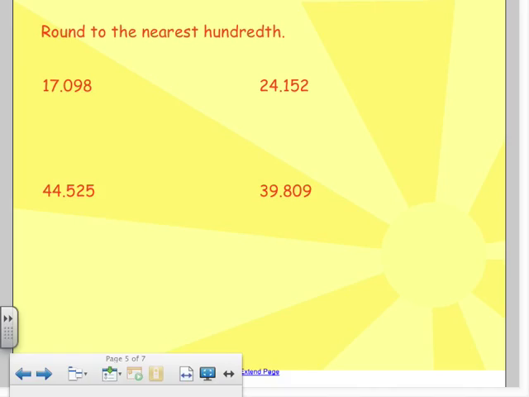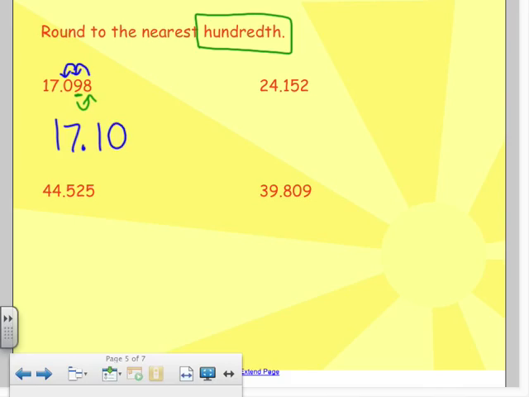Now, as you might guess, we are rounding to the nearest hundredth. So hundredth, remember it goes tenth, hundredth, so that's the second spot after the decimal. And now I'm going to look to the right again at the thousandths place. So that 8 is going to round my number up. Now this one's a tricky one. So if I'm rounding up, this is going to make this round up, but it's a 9. So that 9 will actually end up also rounding up that number. And I'll end up with